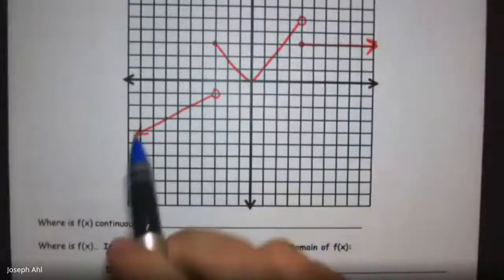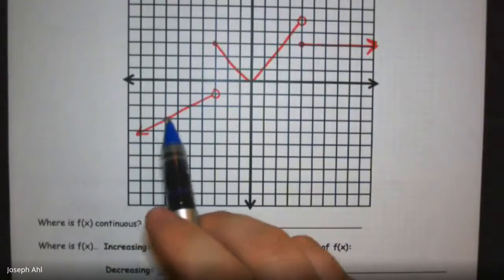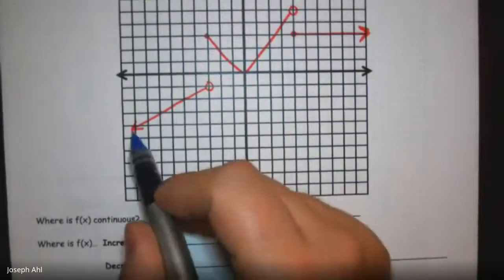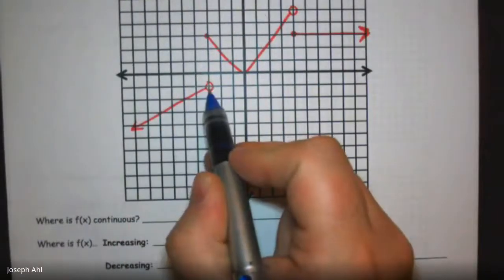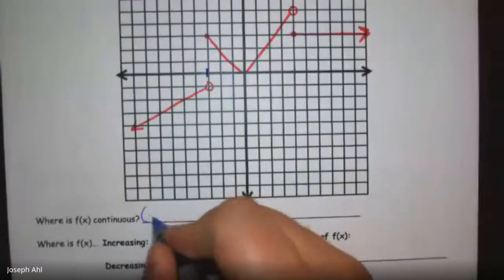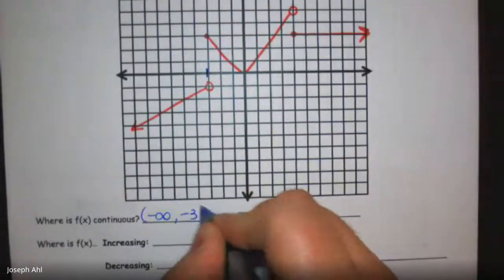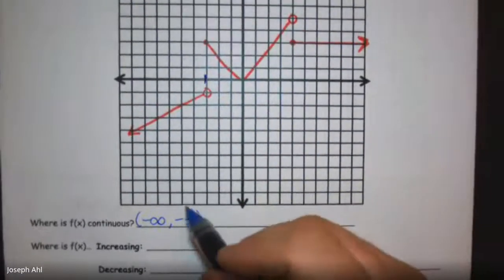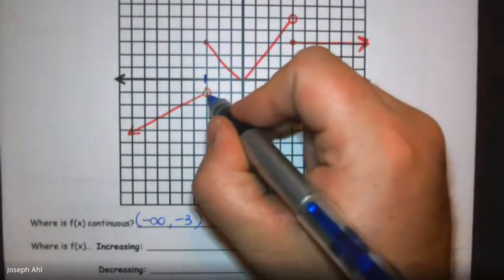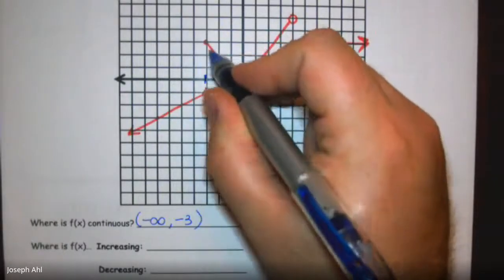So if I start on the left side of the graph, certainly it's going to head down forever and ever. So it's continuous from negative infinity all the way up until I get to this hole in the graph at x equals -3. So we're going to start by saying negative infinity up to, well, we can't include -3 actually because of the open circle. But then once I make a big jump up here to the next part, this V-shaped part of the graph,